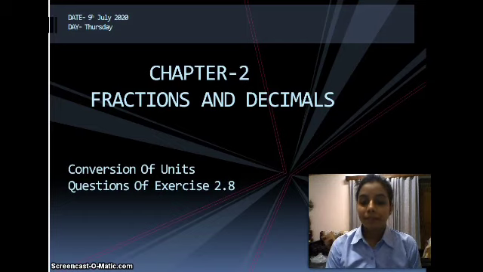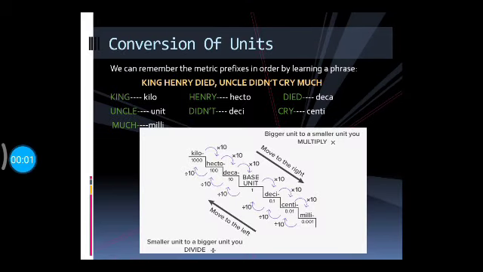As you can see, a chart is given to you, and in this chart a ladder like structure is there. In this ladder like structure, metric prefixes are written. These are general metric prefixes that are applied in case of units of length, weight and capacity also. For example, if we consider how do we measure lengths. So for measuring length, units used in general way are kilometer, meter, centimeter, millimeter.